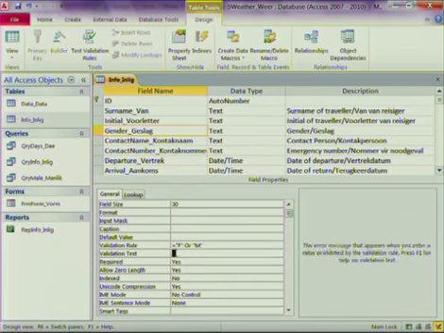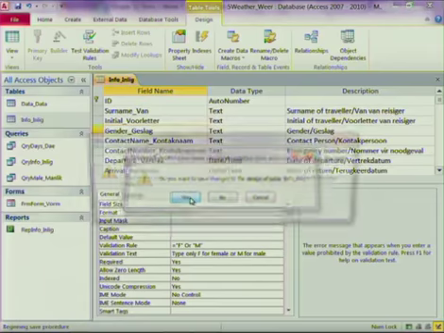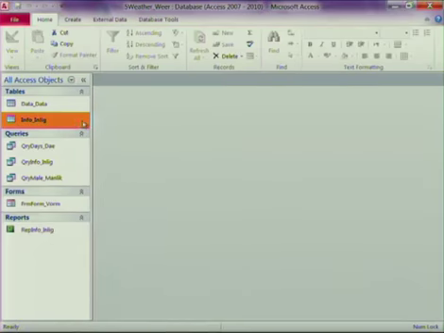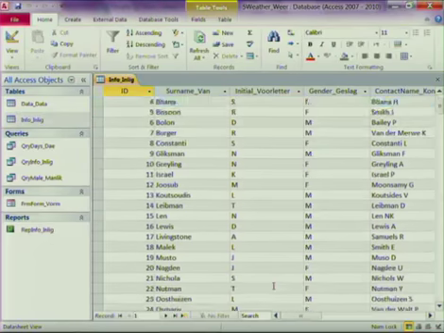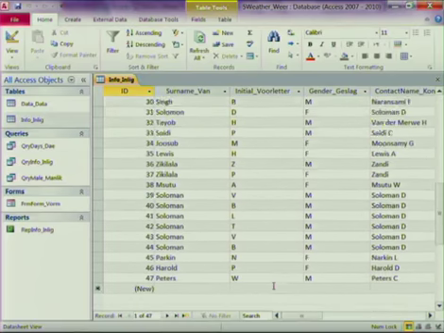And then the text that must come up if it's wrong is, I'm going to say, type only F for female or M for male. So now if I close my table and save it, and I open my table, and I go and type in a new record,